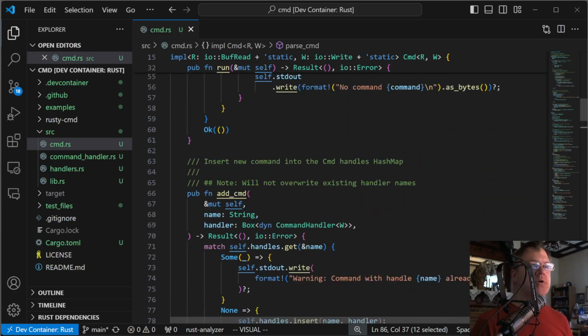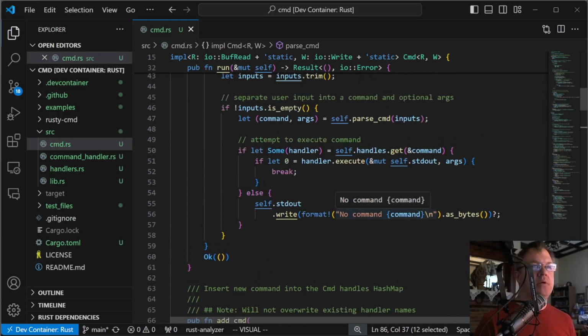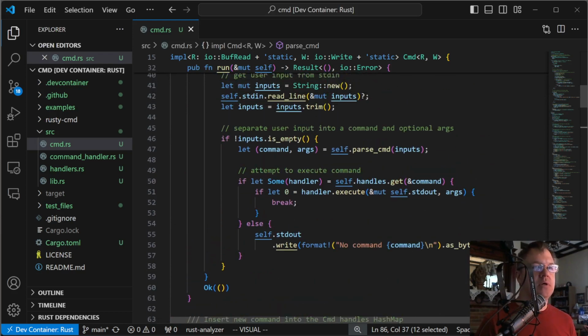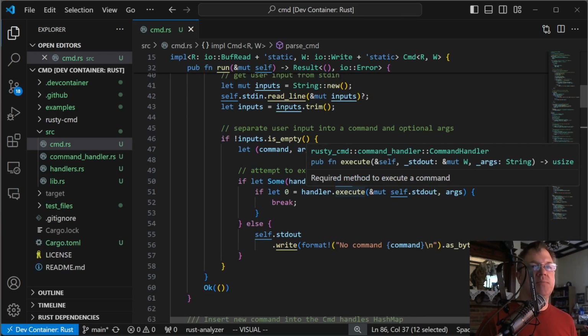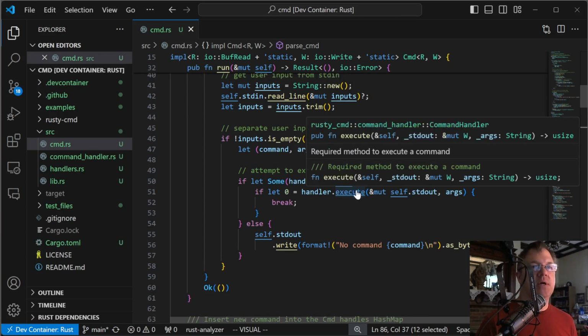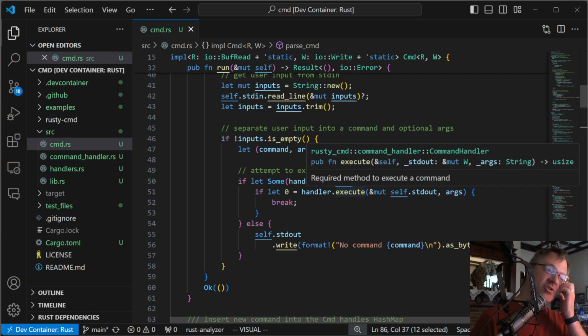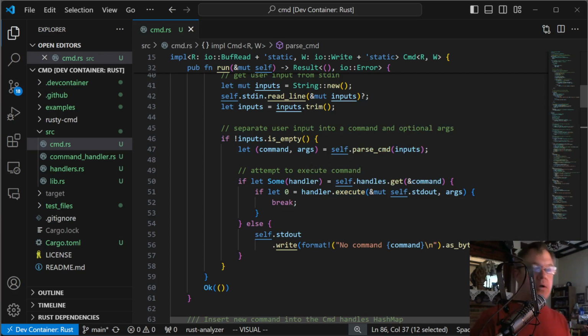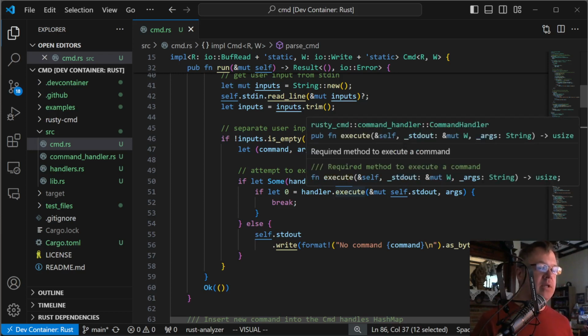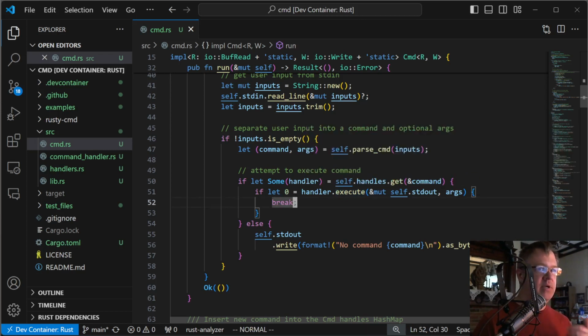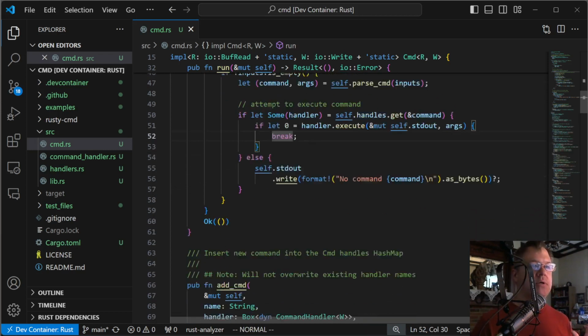And that's somewhat going to be dependent on what our execute takes, because execute takes an owned copy of String. And I don't think it should. It should almost never pass String at all, ever, to a command, unless the command absolutely has to take ownership of that, and there are reasons, but